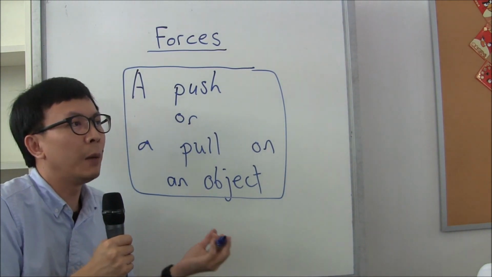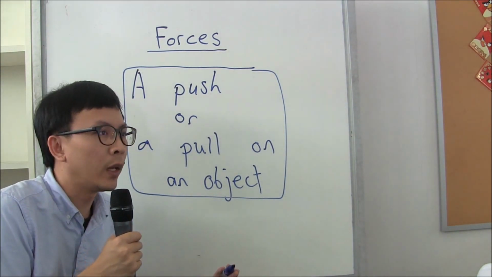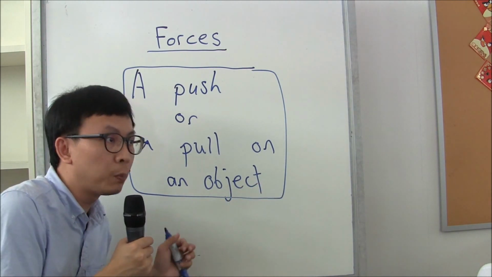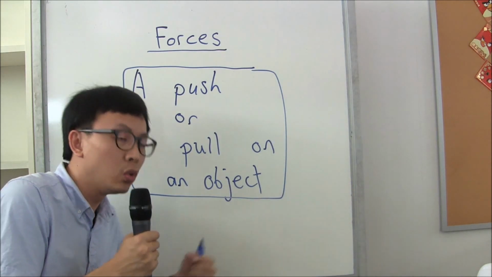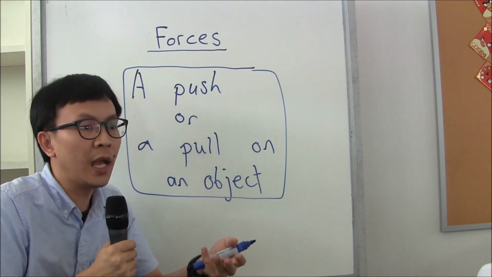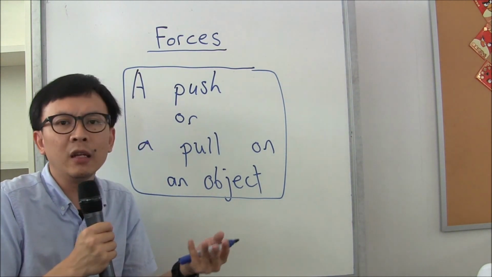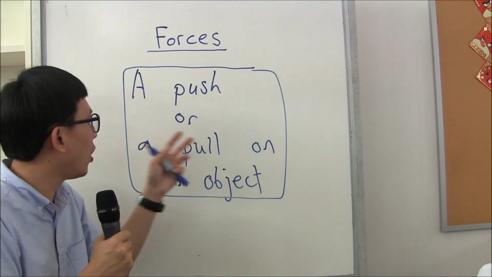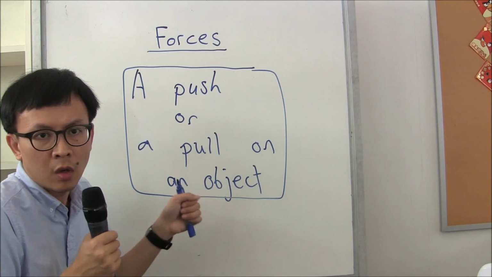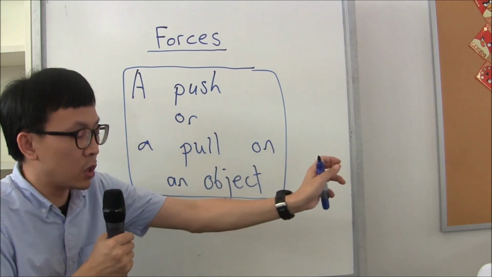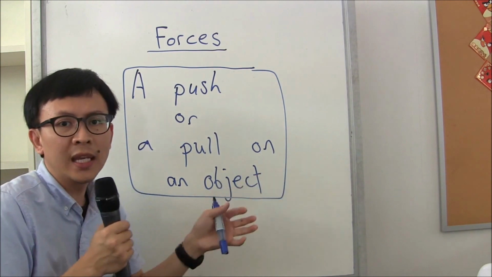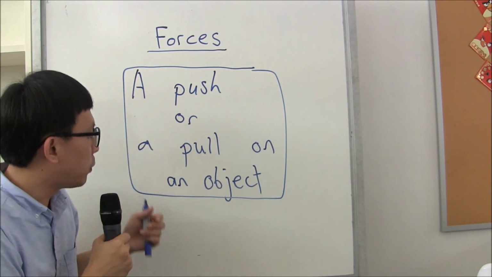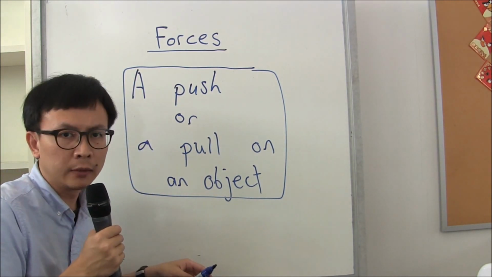Basically, in our daily life, we apply forces all the time. Just like when you come into the classroom, for example, when you open the door, some doors allow you to push, some doors allow you to pull. Or when you are about to sit on a chair, you need to pull the chair out and then you sit down. You're applying forces all the time. Now, what is a force again? A force is a push or pull on an object. It is a push of an object away from you, or it is a pull of an object towards you. So a force is a push or pull on an object.